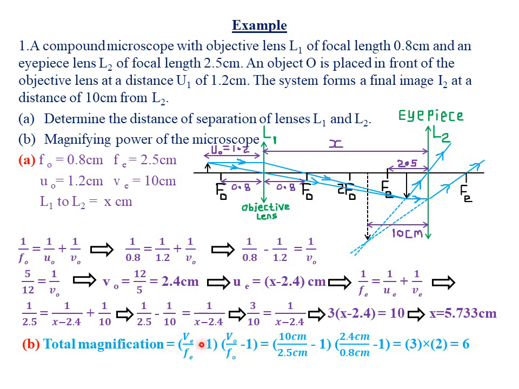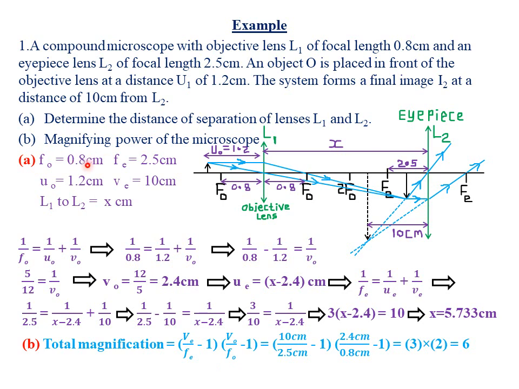So you simply find the magnification of the eyepiece, then you multiply by the magnification of the objective lens. So actually the values that you have will determine the formulas that you use. For example, in this case, I'm already given VE from the question. I'm also given FE from the question. Then of course minus 1. I'm also given VO. We have already computed the value of VO as 2.4 centimeters. We also have the value of FO, that is the focal length of the objective lens, which we are given